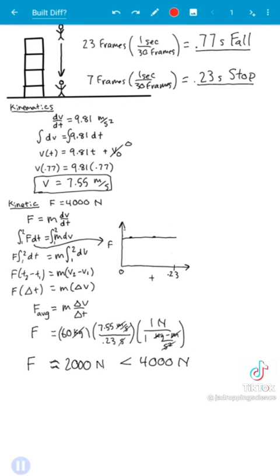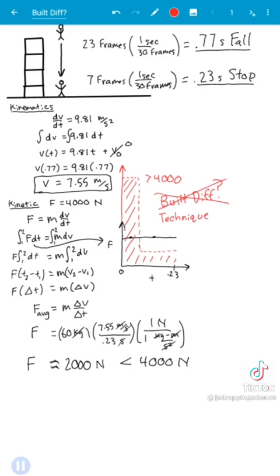But I can't stress the importance of this evenly distributed weight enough. Let's extend this graph for another circumstance where this guy idiotically straight legs it. Immediately upon impact, he's got a much higher force than he does later, and while the area under this curve, representing the momentum exchange, is still the same, the peak amount of force he experienced might be well above 4,000 newtons, and at that point his legs certainly would look different. So to conclude, I wouldn't say he's built different, but I would say he uses some good technique.